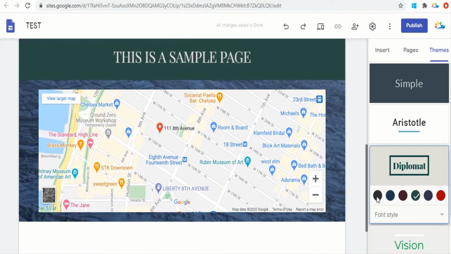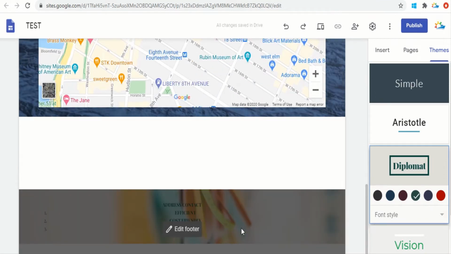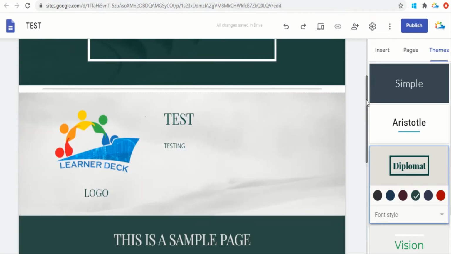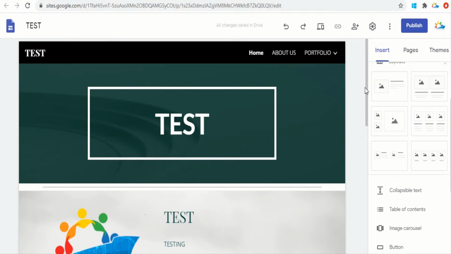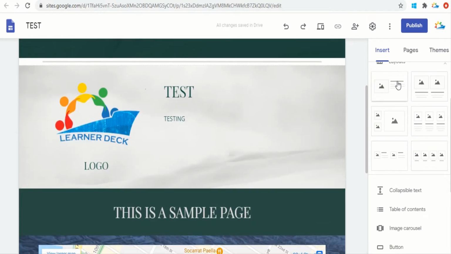Now we have already inserted the Google map. We have created a footer as well. You can edit the footer whenever you want. Now within insert, there are many other options that you can use. Currently we have used one option, that is any of these already available templates. See, this template means an image and some text. This template suggests that it will have two images, and you can write two descriptions below. Or if you have only pictorial representation of your sections, this is the perfect one that you can use. Then you have three pictures and three different text boxes available here, two pictures and sideways text, and four pictures and just a brief heading of these pictures.